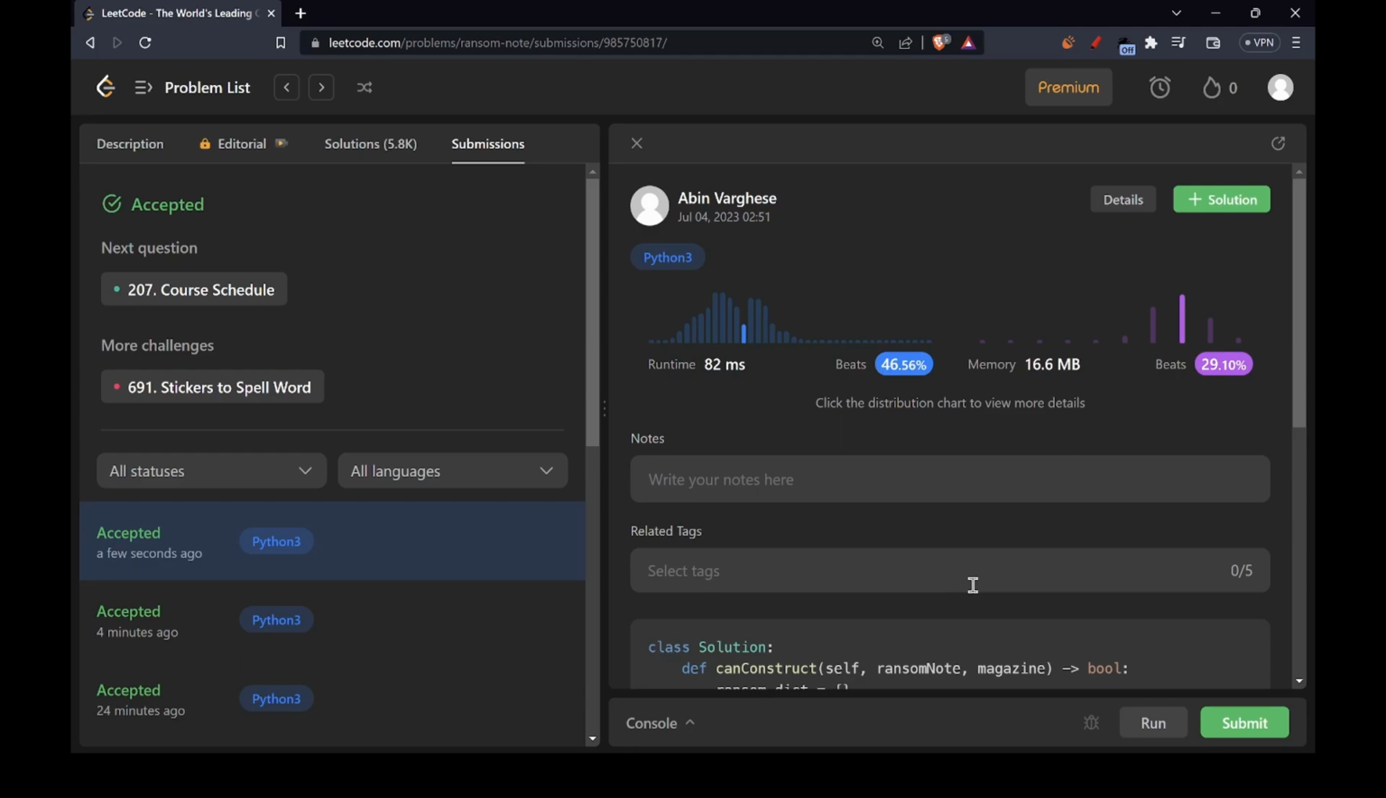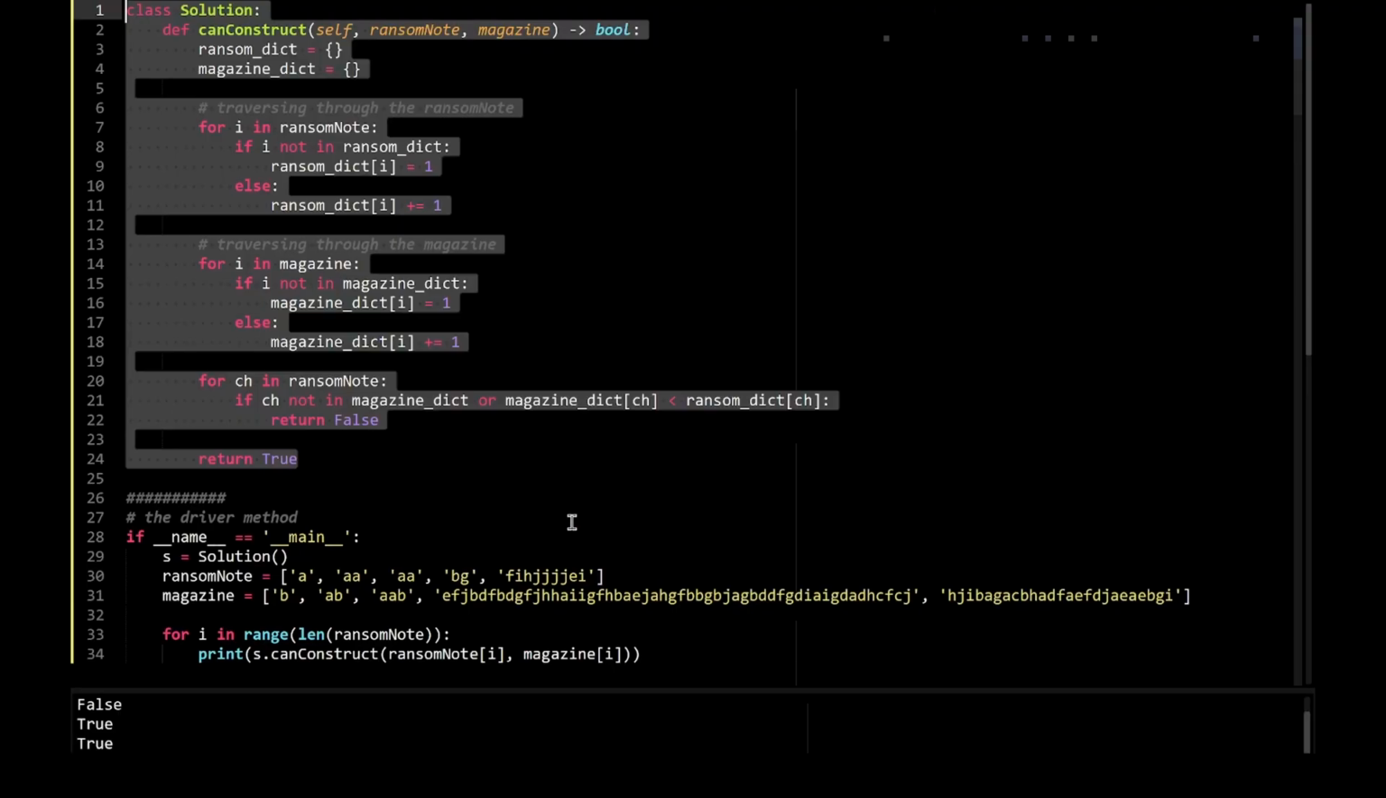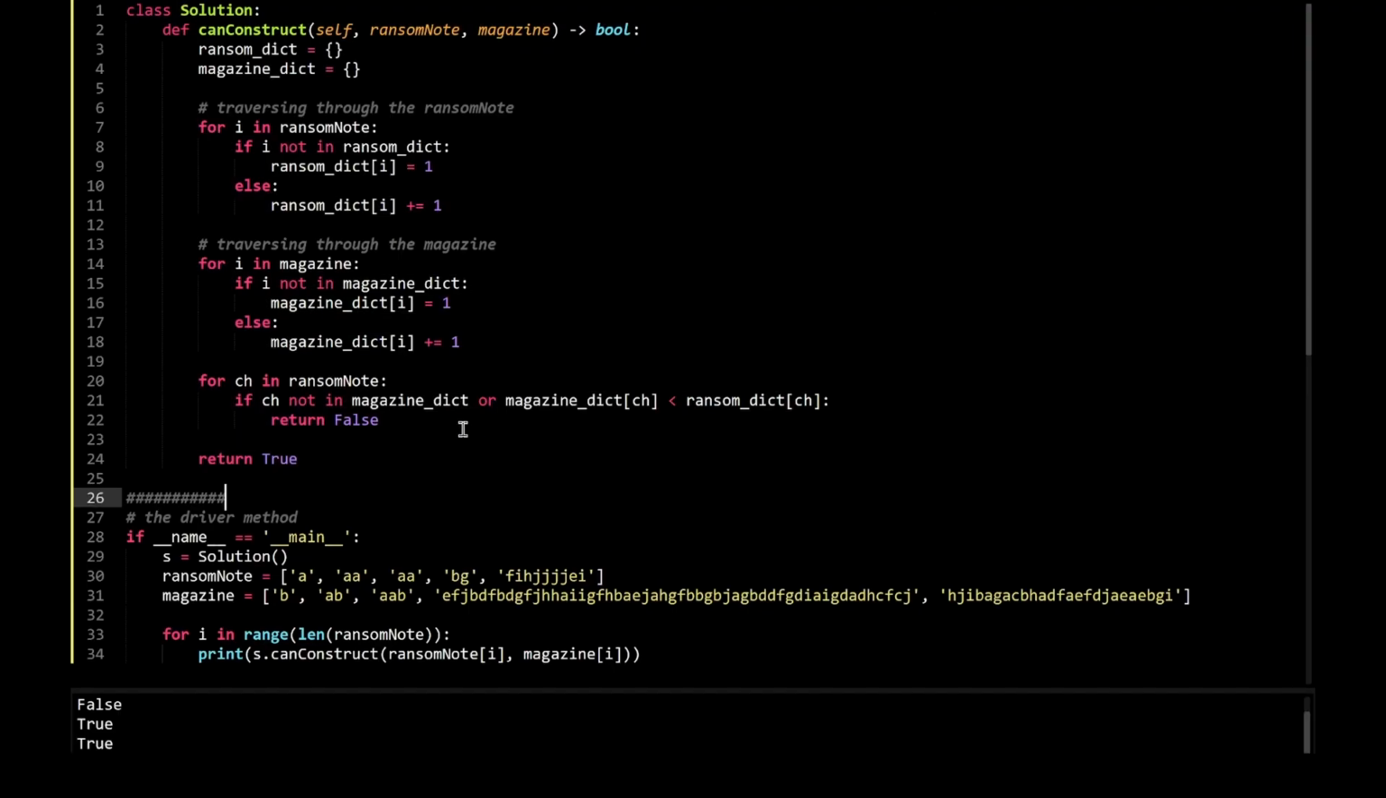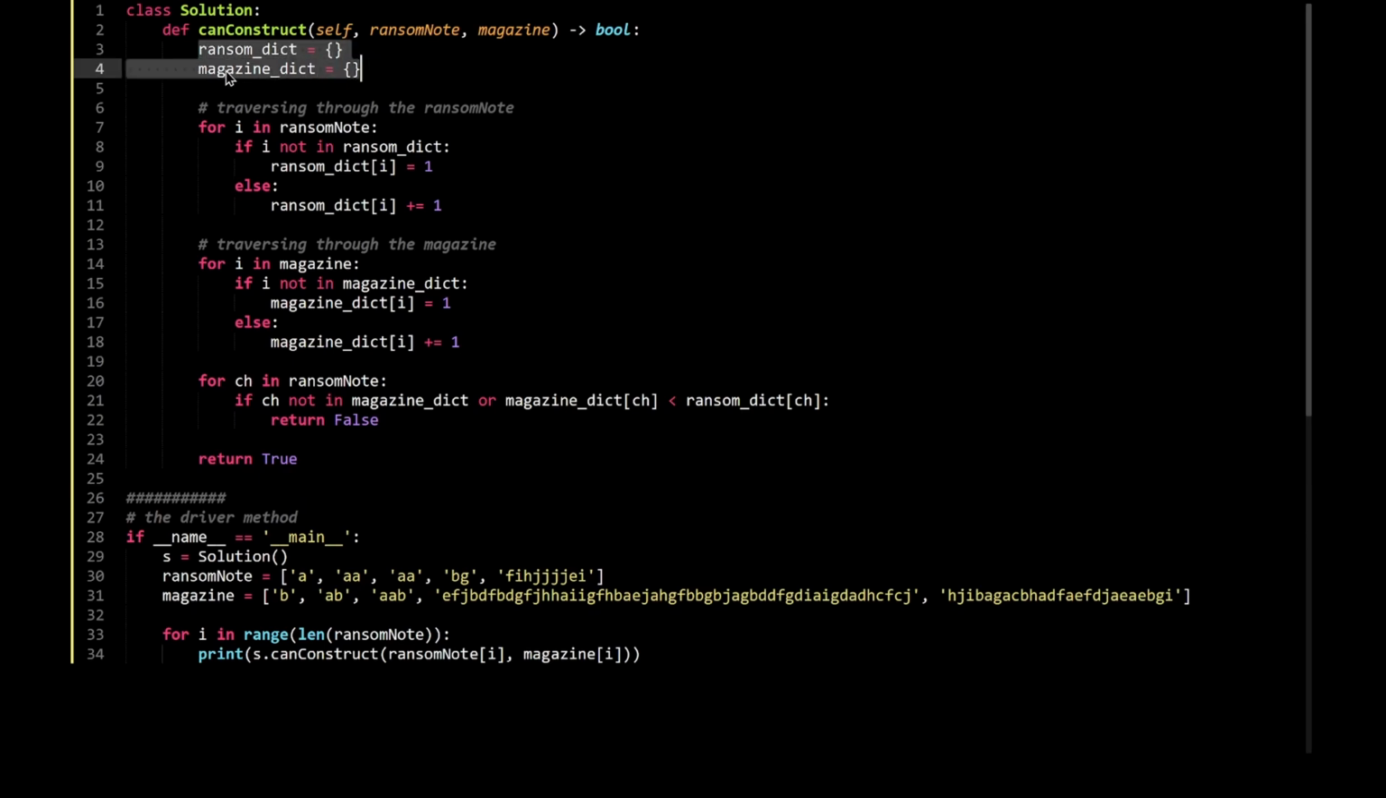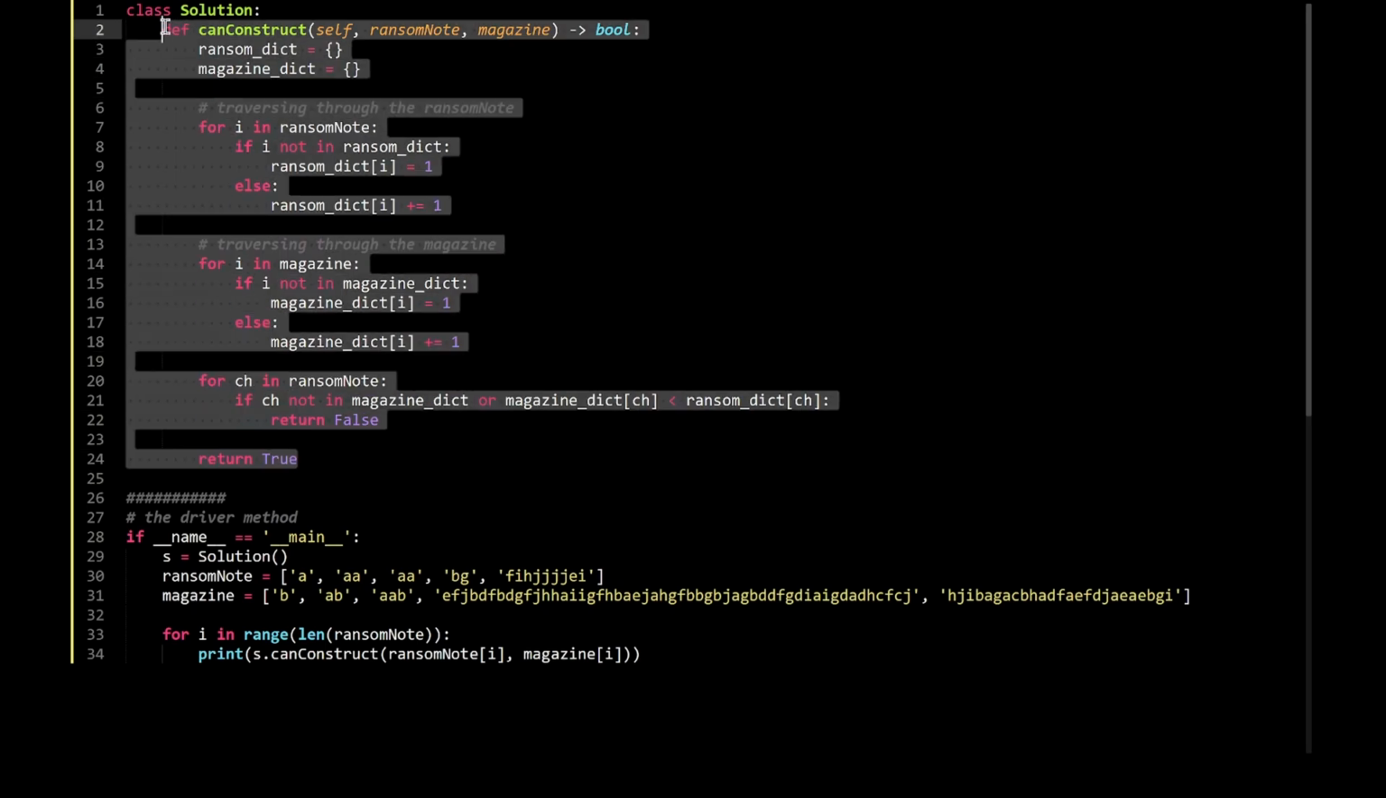However, can we still optimize it? Well, if you were to carefully notice, you would see that we are making use of two dictionaries as such. So there are two dictionaries, the ransom dictionary and the magazine dictionary. Can we make it even better? That's the question. So if we were to remove this, just a second,